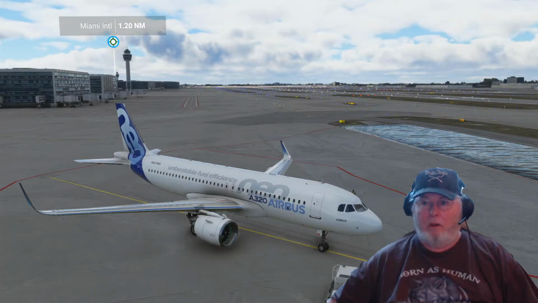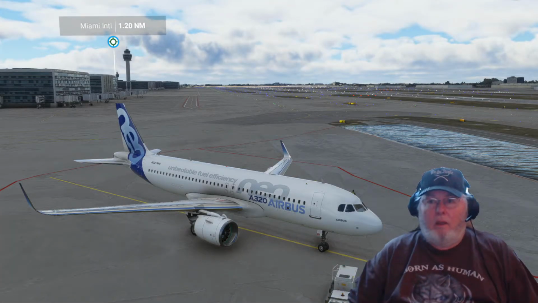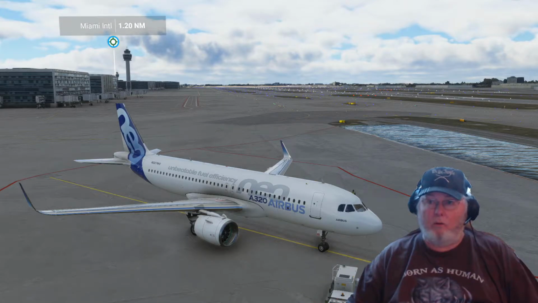Well, hello everybody. It's BugEater64 here, and we're getting ready to do a Microsoft Flight Simulator 2020 flight with Air Hauler 2, and it's a very short flight. We're only going 197 miles, 199 miles, going from Miami up to KLEE, and we're going to be carrying about